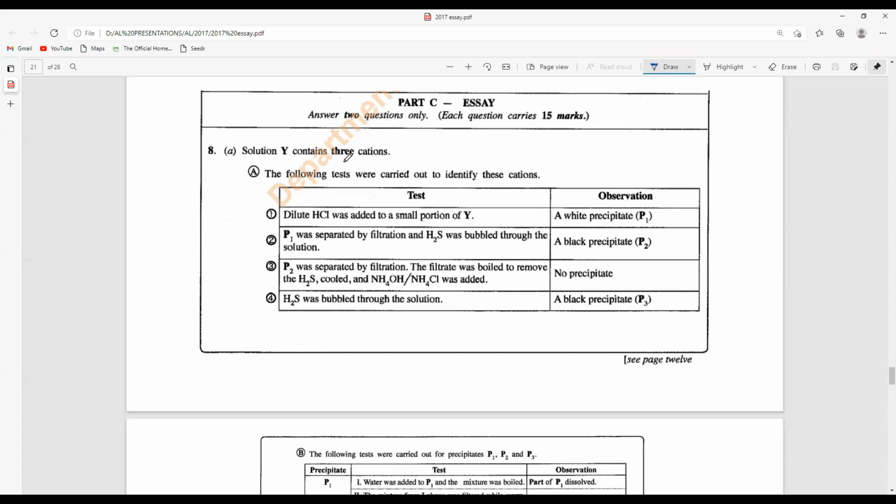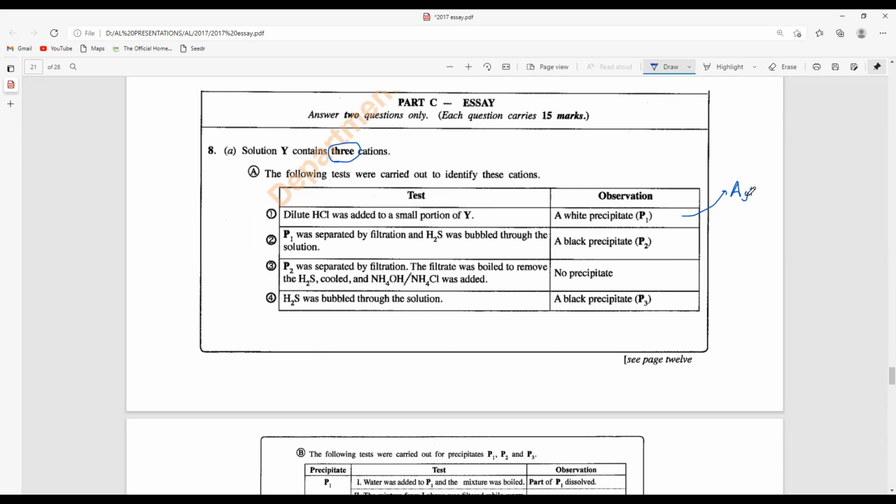Solution Y contains 3 cations. They have given some tests to identify these cations, right? So we will check what the tests and observations are. Dilute HCl was added to a small portion of Y, and a white precipitate formed. You know this white precipitate can be